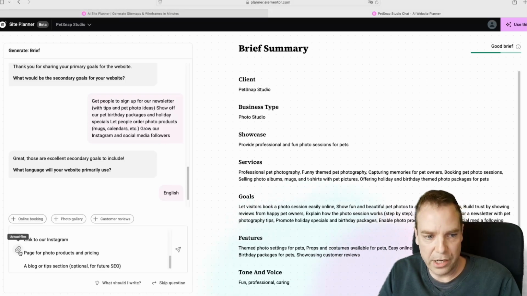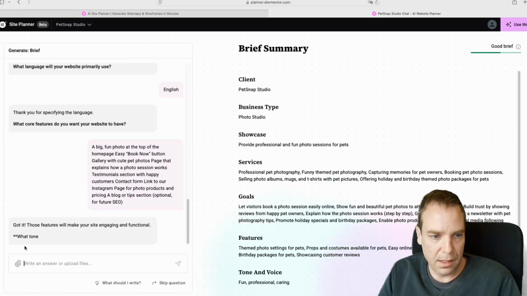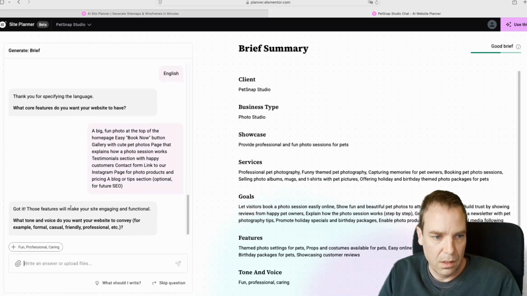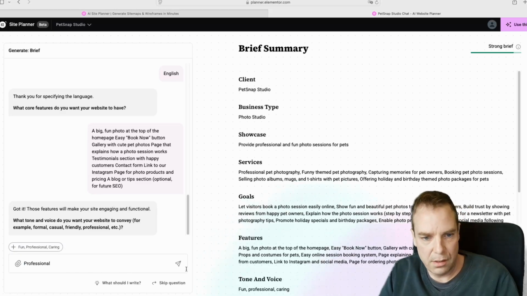And also you can attach files if you have photos, or a PDF document, or a text document, then you can paste it in here. But I only have text. Got it. What tone and voice do you want your website to convey? For example, formal, casual, friendly, professional, etc. So then we click here on fun, professional, caring. Or I will choose professional and